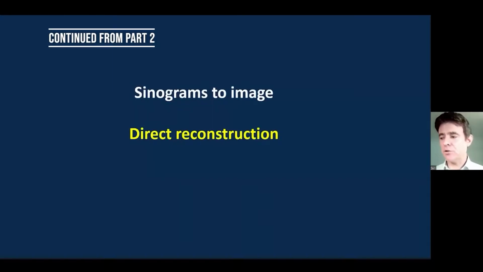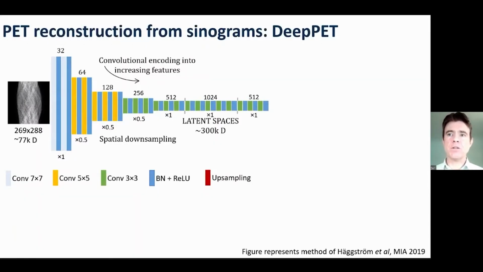Now we can get back to reconstruction again. Remember, we're trying to go from sinograms to images, and initially we're dealing with that in 2D. So let's take a look at one of the early examples of that for PET data. This wasn't the first example of a direct reconstruction, but for PET, it's probably close to being the first